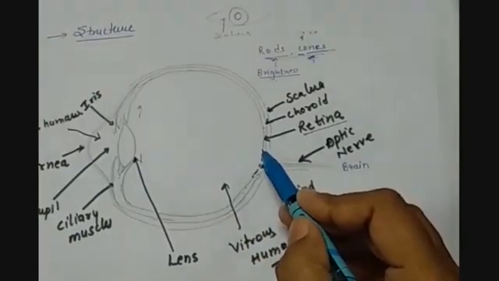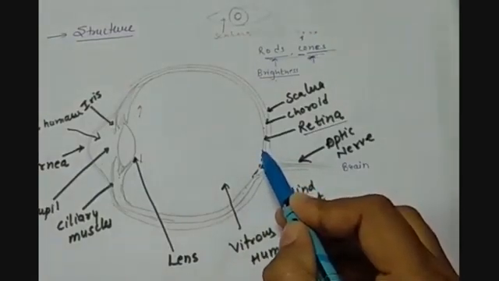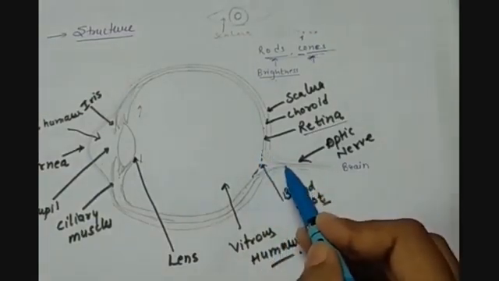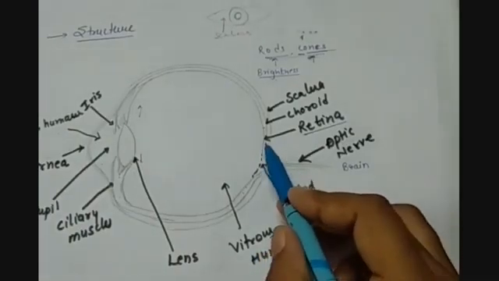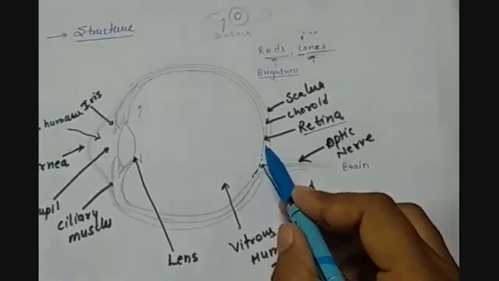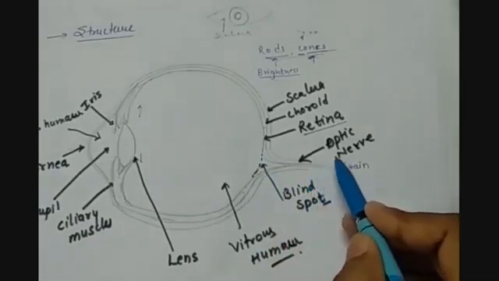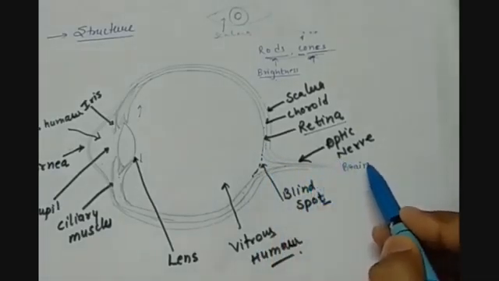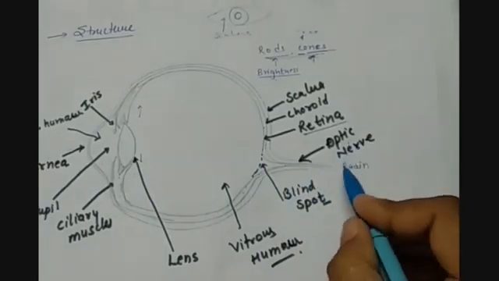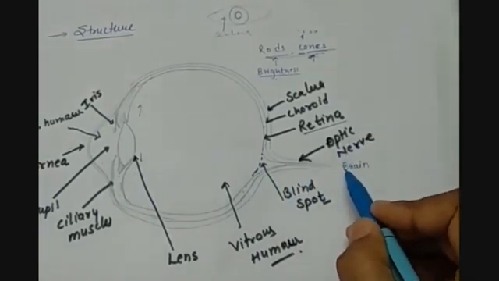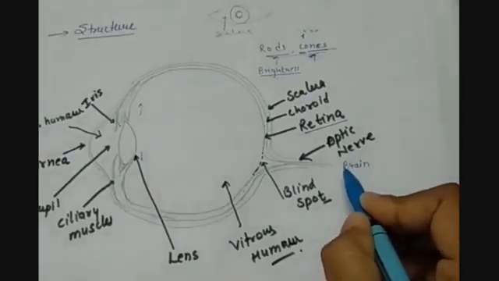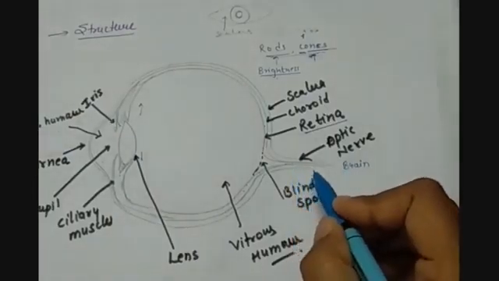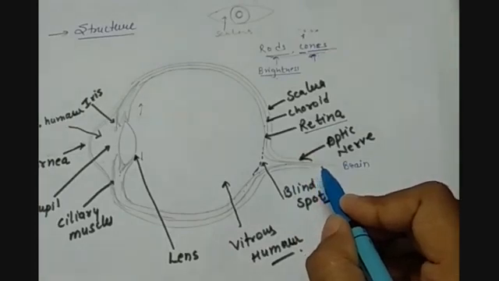Light-sensitive photoreceptors give a signal to the optic nerve. This signal is in the form of an electrical signal, and it is given to the optic nerve, which takes it to the brain, where the brain interprets that signal and reverses the message so that the object can be seen